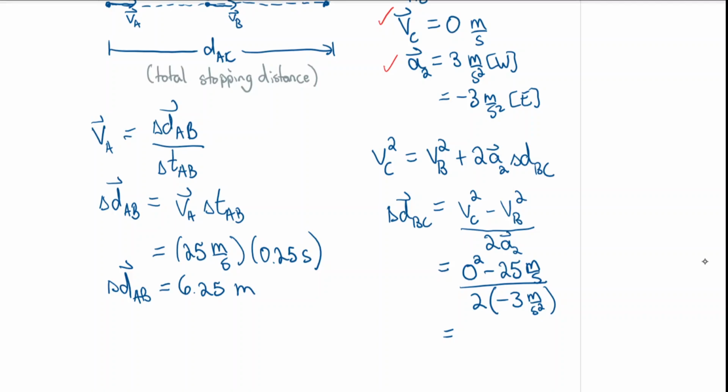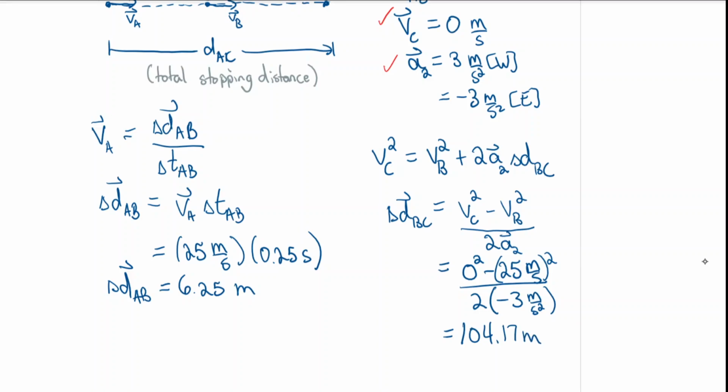So it's actually 25 squared, be careful. That would not have been good. So we got 25 times 25, and then 2 times 3 is 6. So 625 divided by 6 is 104.17